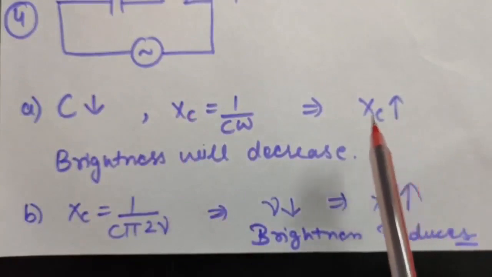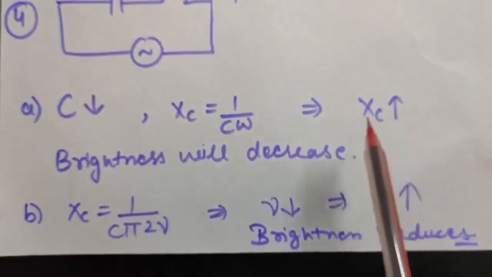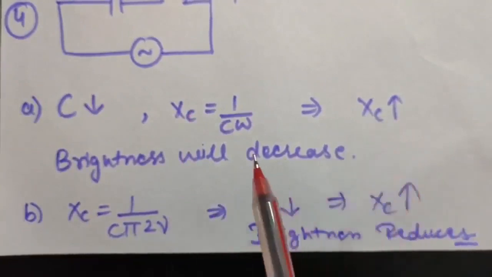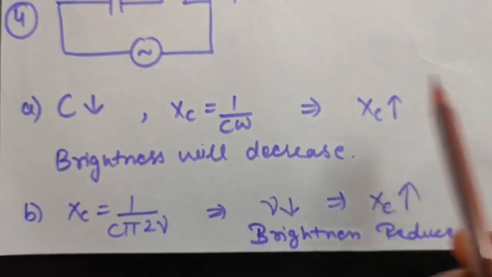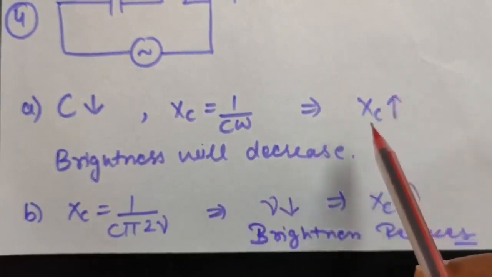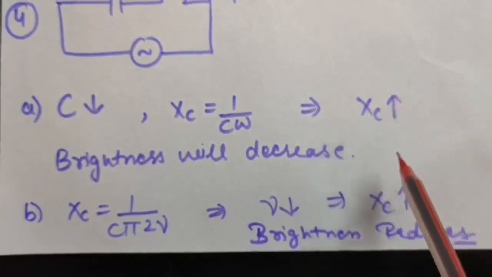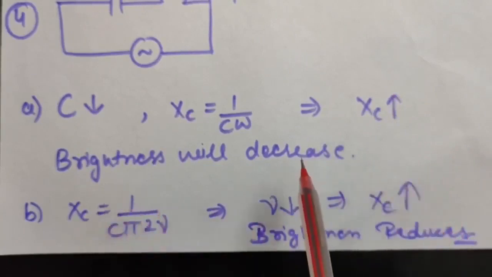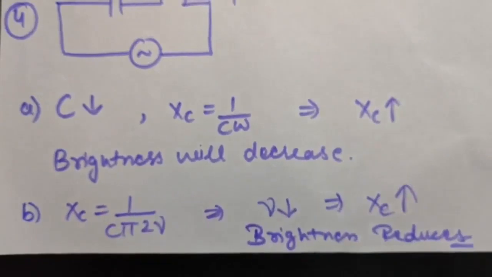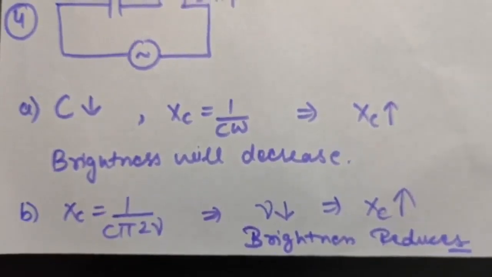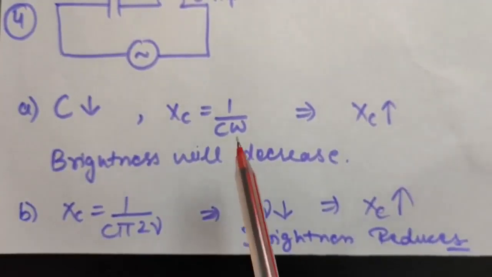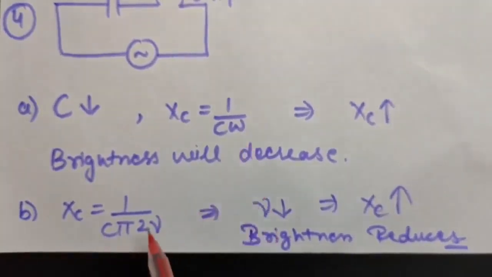Now if the reactance is increasing, that means current will decrease, because reactance is nothing but opposition to current. So if XC is increasing, current will decrease. Therefore, the brightness of the bulb will also decrease. Okay, the second part says what will be the effect on the brightness if the frequency is decreased. Now, if I put the value of omega, that is 2 pi nu,